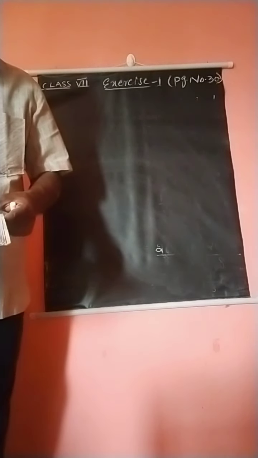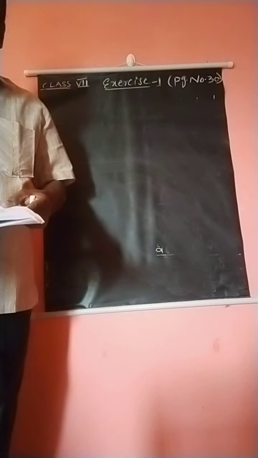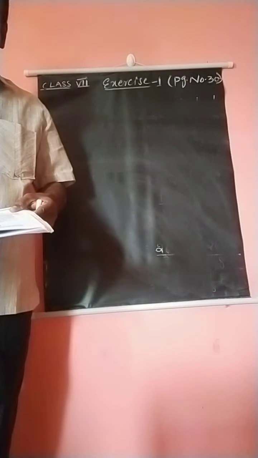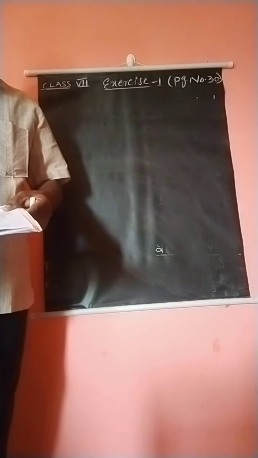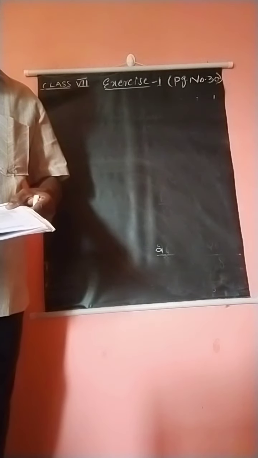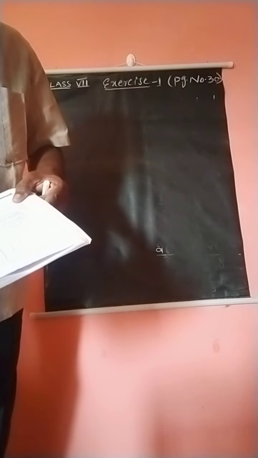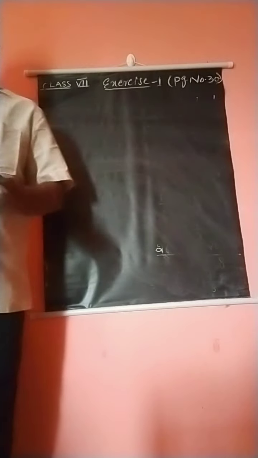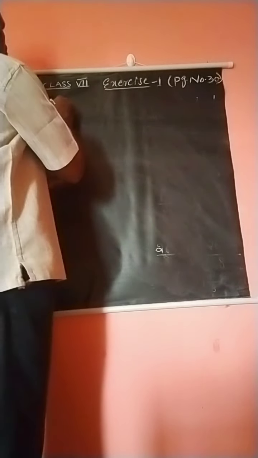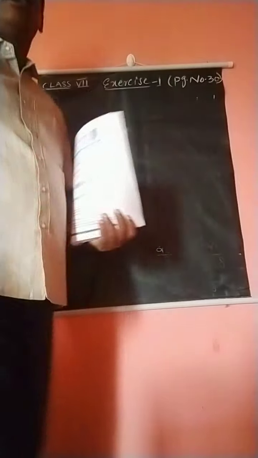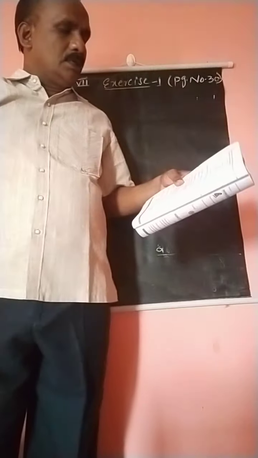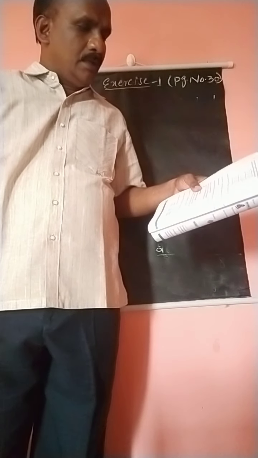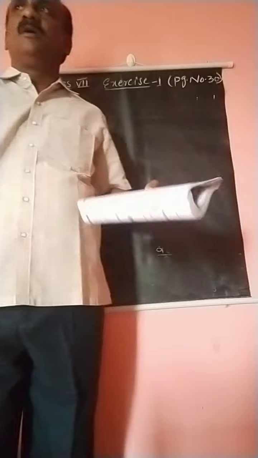Next, the 6th problem. Abdul is preparing for his final exam. He has completed 5/12 part of his course content. Find out how much course content is left. Very good. Problem number 6 is given. Abdul is preparing for one exam, and in that course he has completed only 5/12 part. The question asks how much of the course is still to be completed.